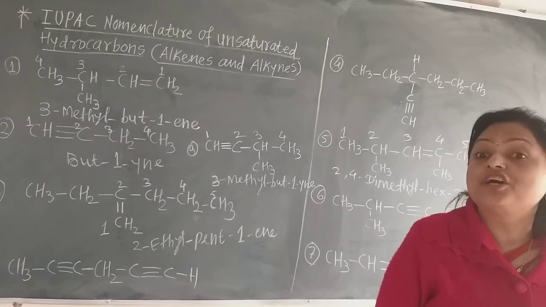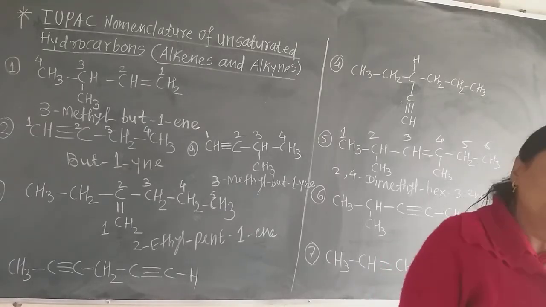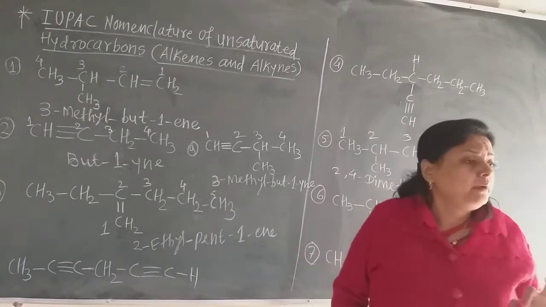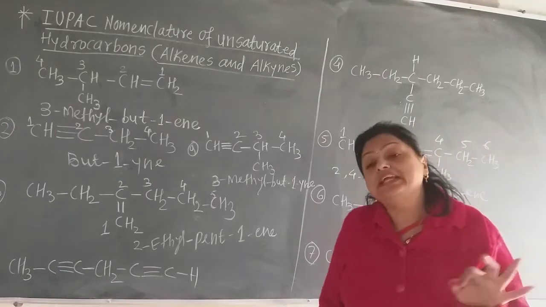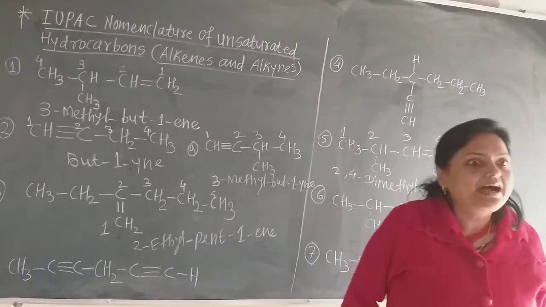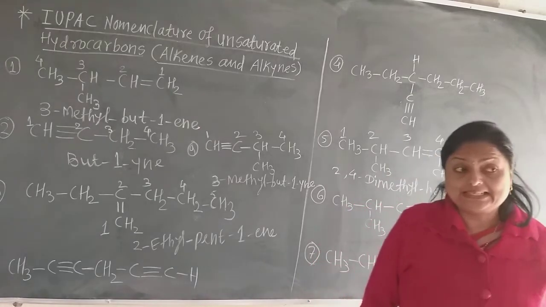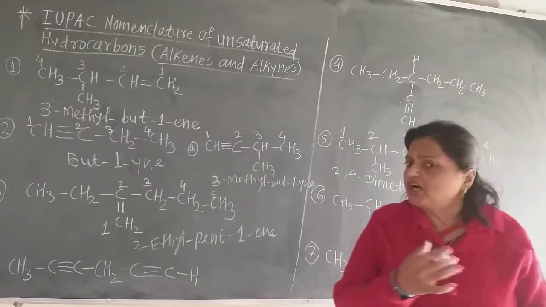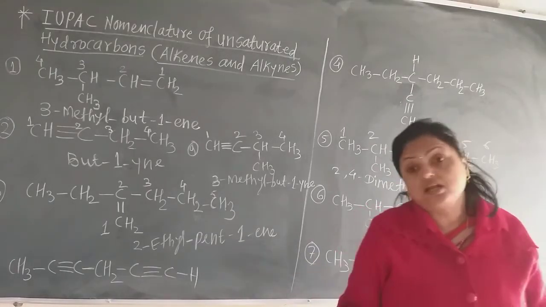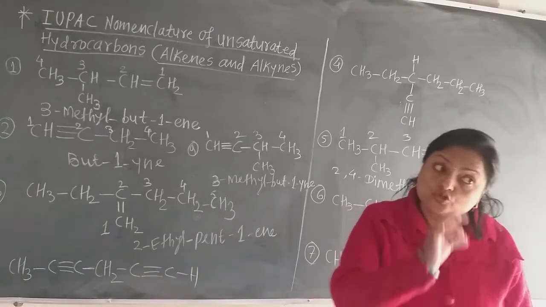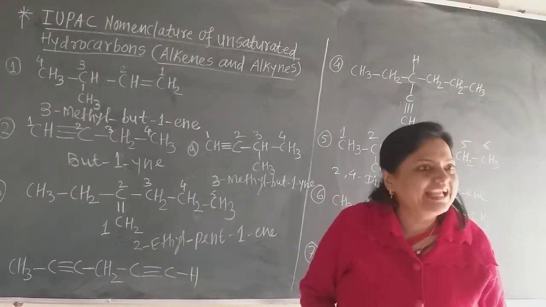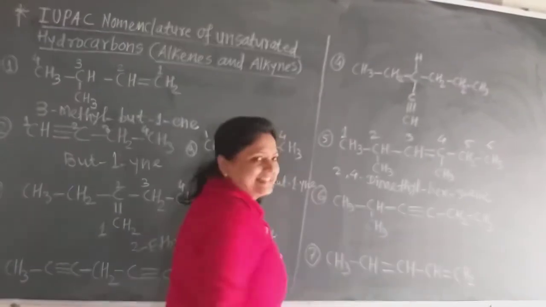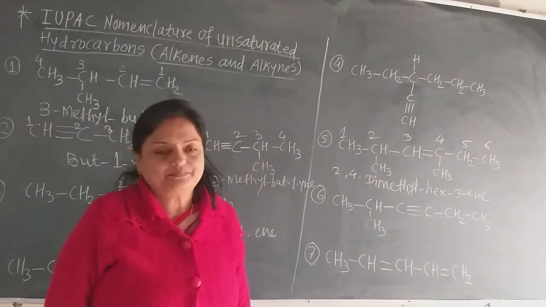Such is the method of giving the IUPAC name. You must all understand this, because in the examination such types of examples will be there to identify or to write down the IUPAC names of the compounds, and the compounds are given in a mixture. Some of them may be alkanes, some alkenes, and some alkynes. So you have to write the correct IUPAC name for each compound. Now first let us see this fourth example. We will see the 8th example later.